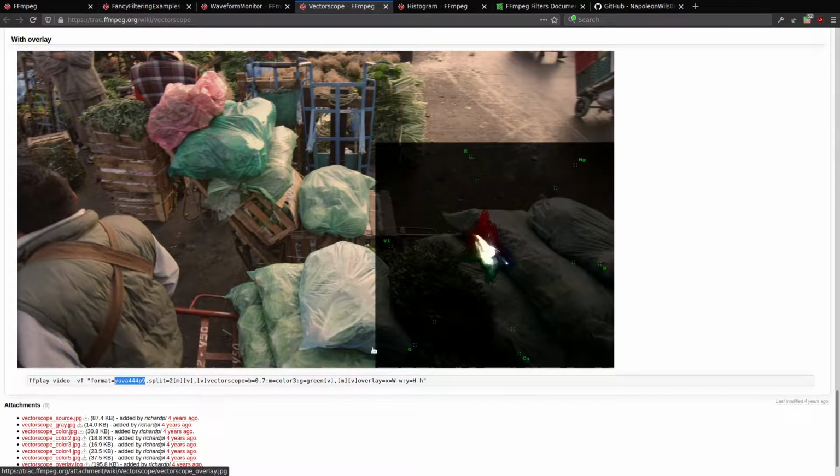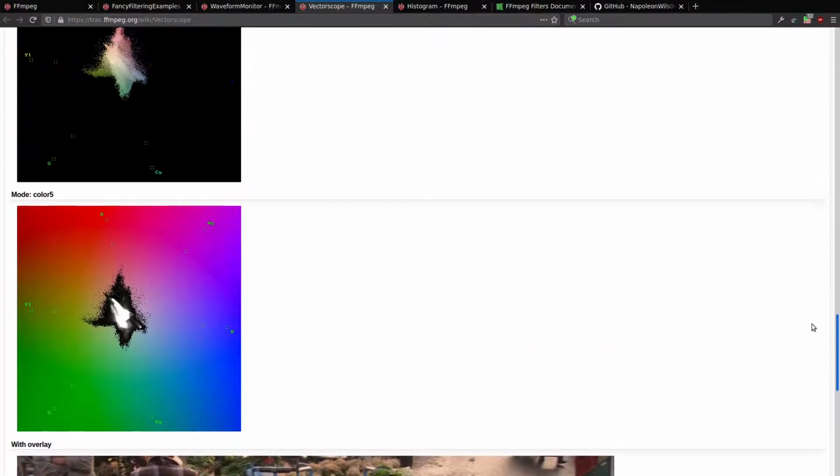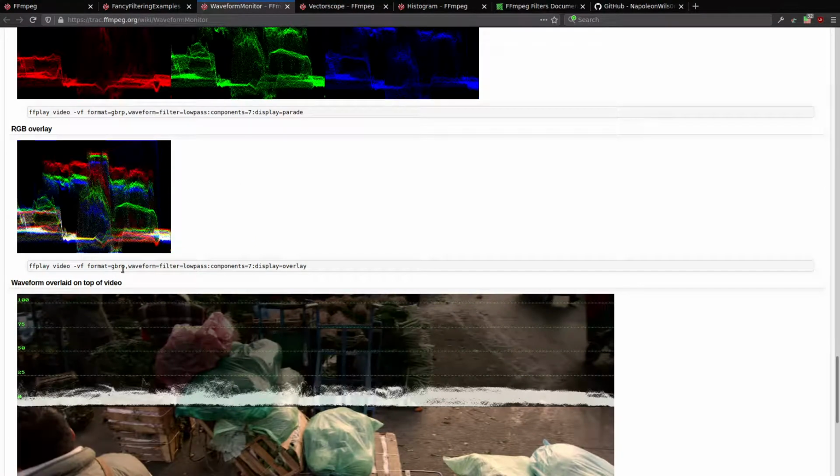And again, there are some that don't mix and match because they're using different formats. So the vectorscope, because it's overlaid on top of the video, for instance, uses a different format than the RGB overlay. So that's why we're displaying the scopes one at a time instead of trying to replicate the 4-up display of DaVinci Resolve using ffmpeg. So that's basically how you can use ffmpeg to create scopes, display them on top of the video or underneath to get some information